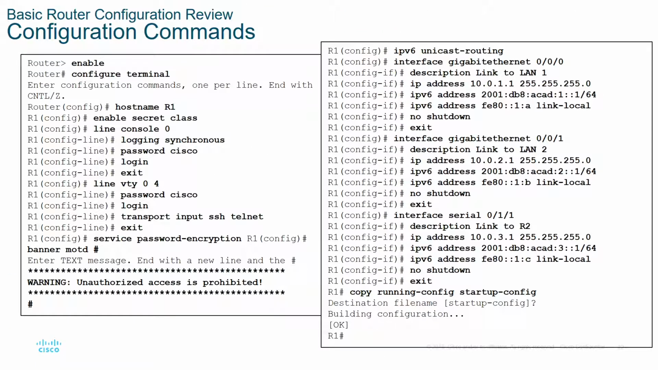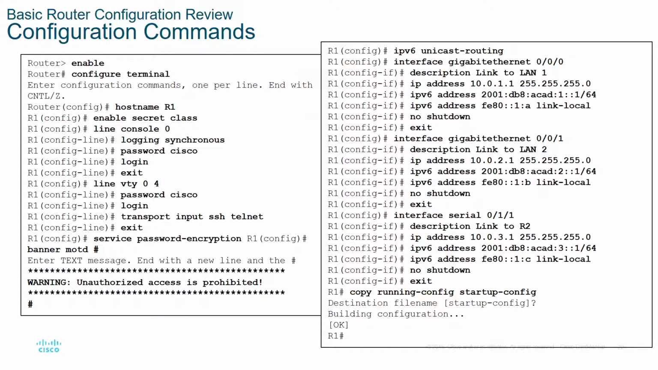Configuration commands. Here we see some of the configuration commands that have been applied to this example. We see the enable command, configure terminal, hostname being set to R1, enable secret class, the enable password being put on as class, line console passwords and logging, VTYs being set up, service password encryption, banner messages being added, message of the day, and then we have some